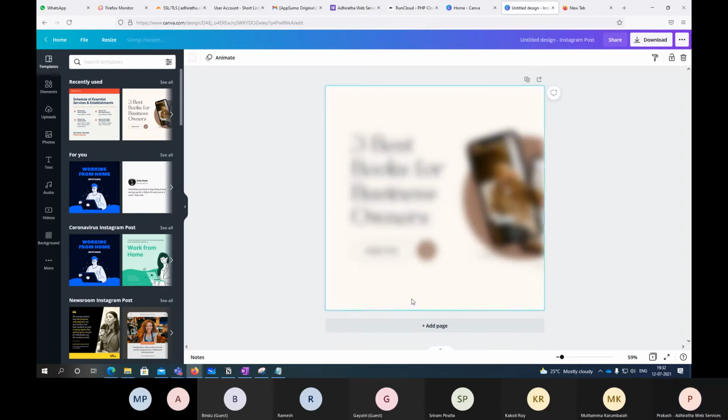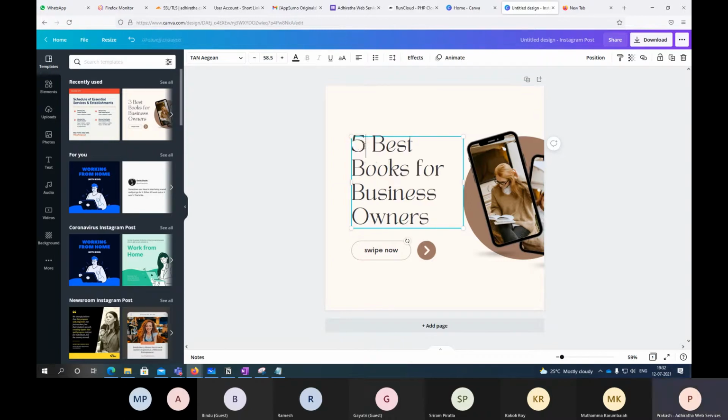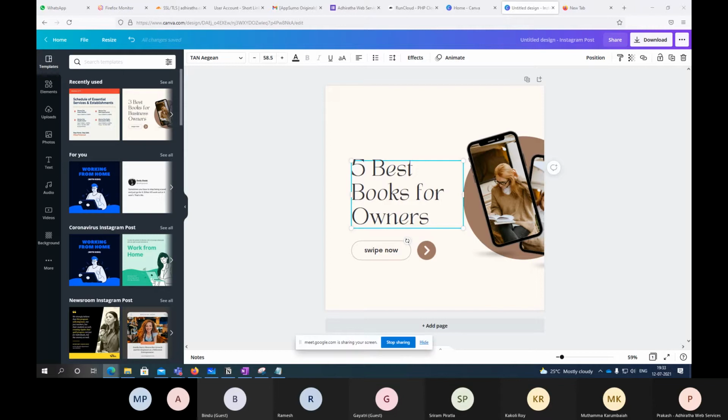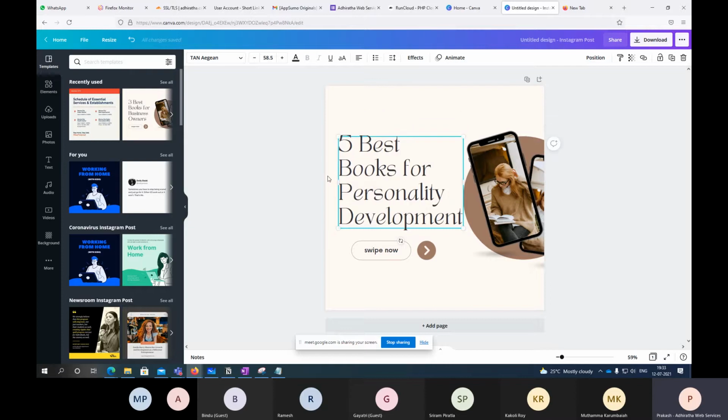So when I select this, maybe not 3, I'm recommending 5 best books for personality development. So I can make little changes how we wanted to do.